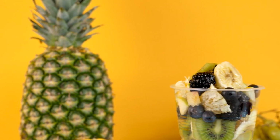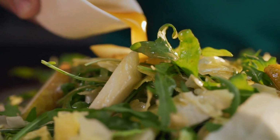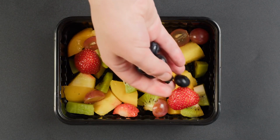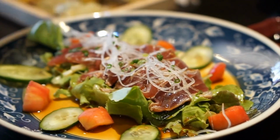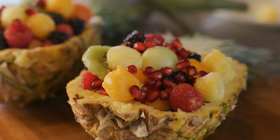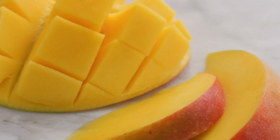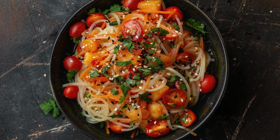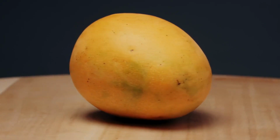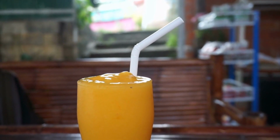Calories: 180 to 250 kilocalories. Protein: 7 to 9 grams, mostly from kani. Fat: 8 to 13 grams, mainly from Japanese mayo. Carbohydrates: 20 to 28 grams, from mango, veggies, and dressing. Fiber: 2 to 3 grams, from fruit and vegetables. Sugars: 13 to 18 grams, largely natural, from mango. You get a solid dose of lean protein thanks to kani sticks,